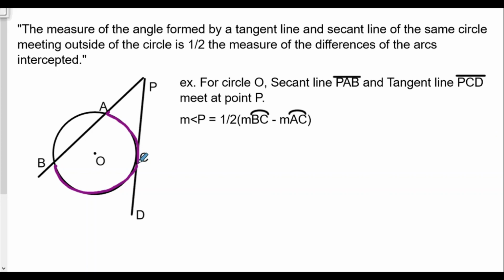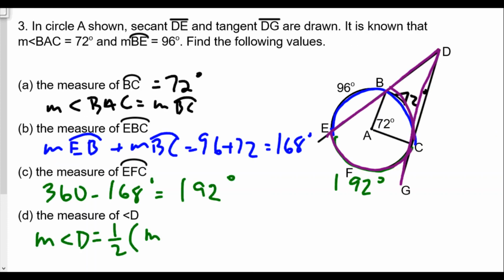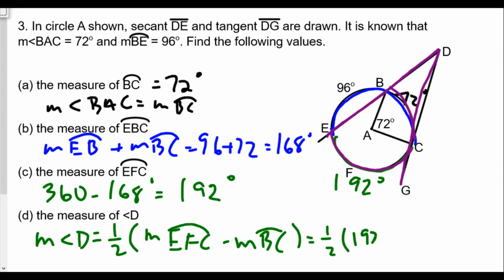And we're going to go back to our question, but this is very much the same way, 1/2 the difference of the intercepted arcs. And so we're going to do 1/2 of the measure of arc EFC minus the measure of arc BC, which will be 1/2 of 192 minus 72. Well, that's 1/2 of 120, which is equal to 60 degrees. So the measure of angle D